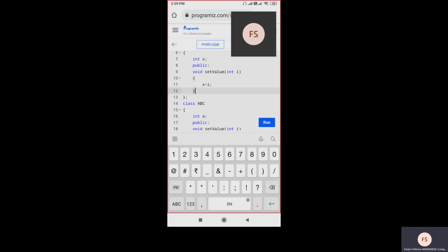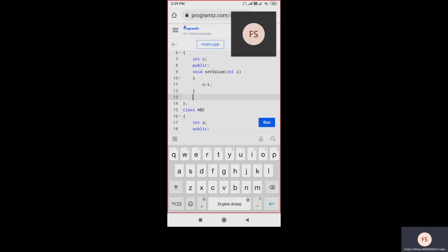Okay, so what I am doing, I am creating a friend function using friend keyword. So I am using friend function. So void, I want to compare two data members here. So void max. I want to find the maximum of data members from two different classes. Okay. So here I have to pass the objects, right?